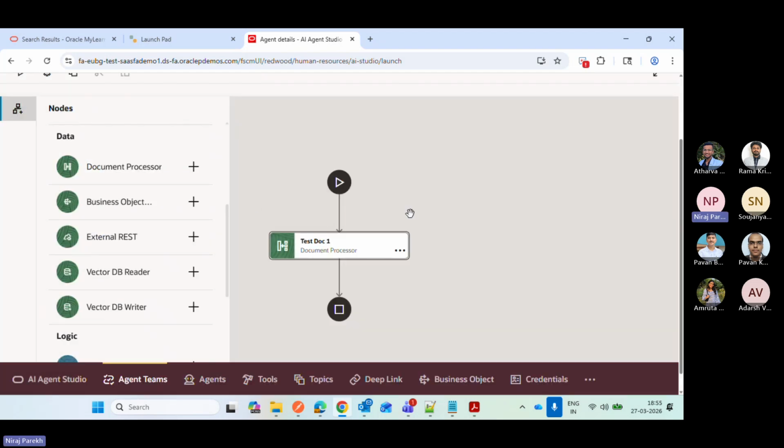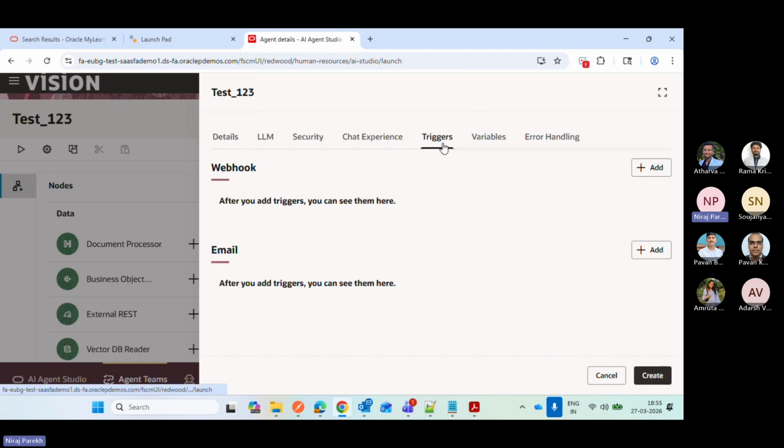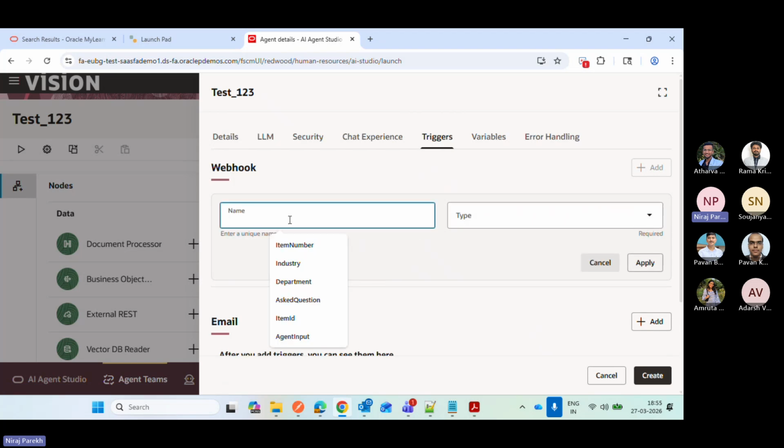So what we have to ask from the user is which document they want the details of. If the user asks any question, for which document it should refer, which attachment. So we will go to trigger and only ask the document UCM ID from the user. I will create one trigger, UCM ID,